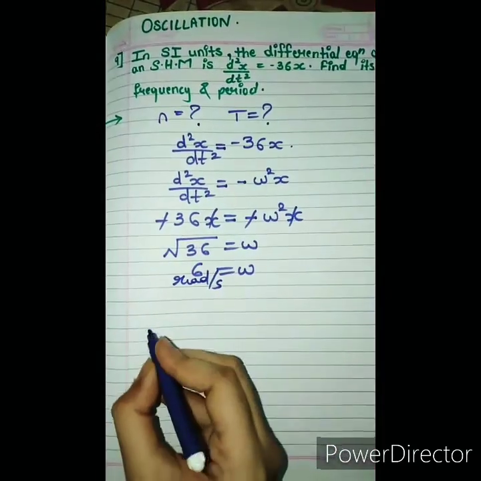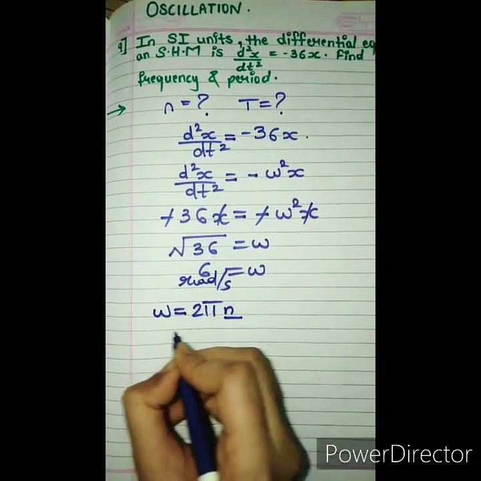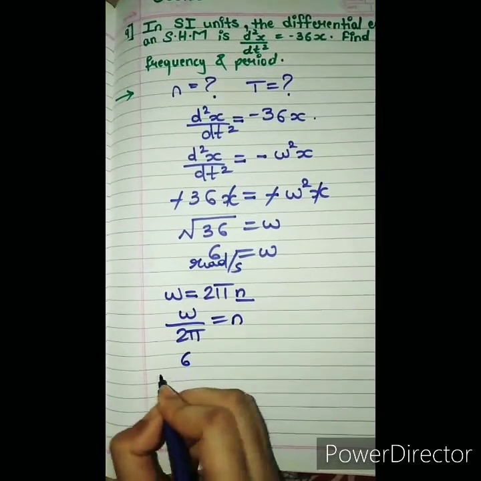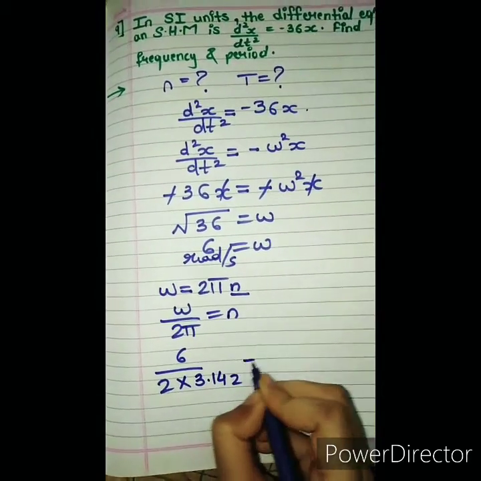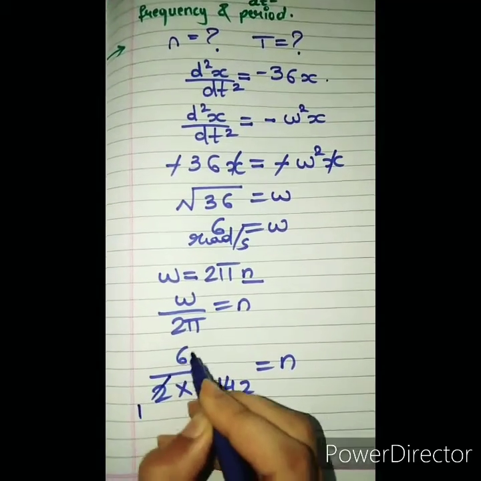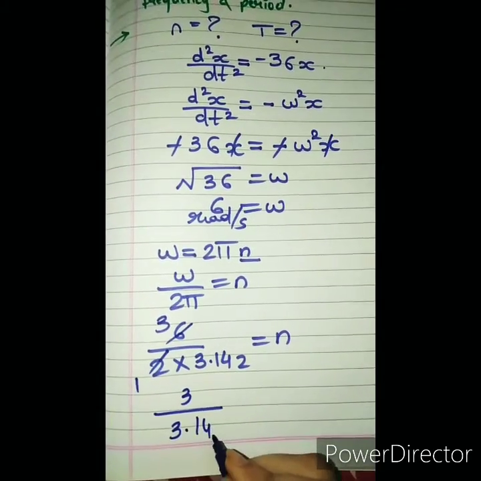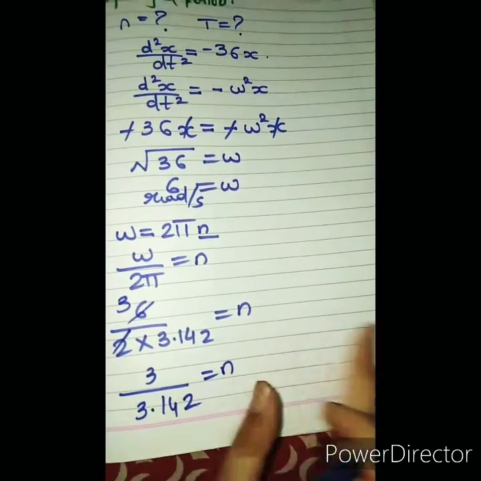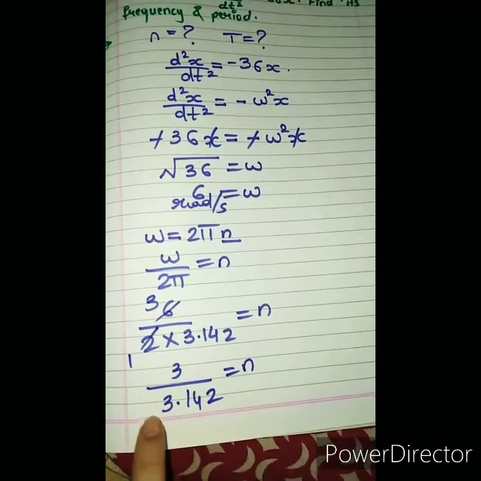You want to find frequency, so omega is equal to 2 pi n. So omega upon 2 pi will give you frequency. The value of omega is 6, 2 times pi, and pi is 3.142, is equal to n. Now 2 ones are 2, 2 threes are 6, so what remains with us is 3 upon 3.142, that is equal to n. So what will be our next step? Our next step will be applying log, that will be log 3 minus, since the number is in the denominator, minus